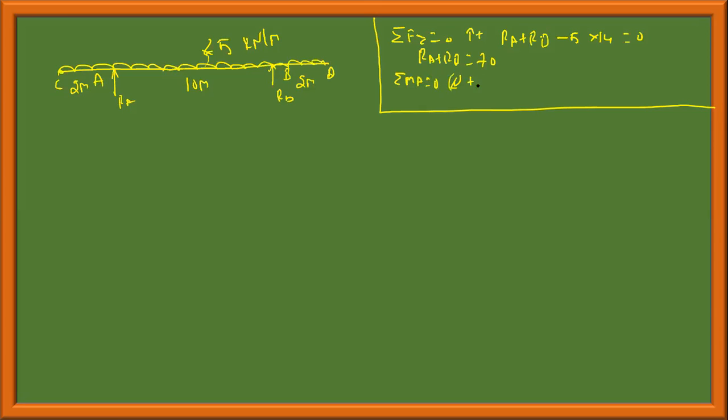Okay. Summation of moment about A is equal to 0. Clockwise moment is positive. A simply supported beam won't resist the moment, so there cannot be any moment at the reaction. Only the vertical and horizontal forces come into the picture. Therefore, I'm taking moment about A. This is on the negative side of A, and